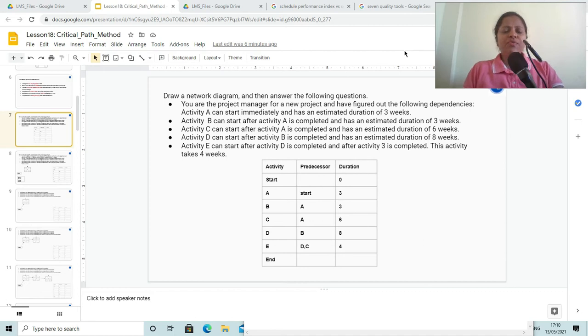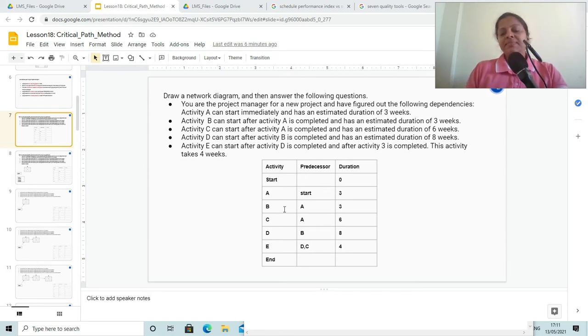In this video, we are going to understand how to calculate critical path. And critical path is the longest duration on a network diagram of a project, and that is the project duration. Let us get started. Here I have taken an example, and in PMP exam, we get to see these kind of examples. So here I have taken a very simple example.